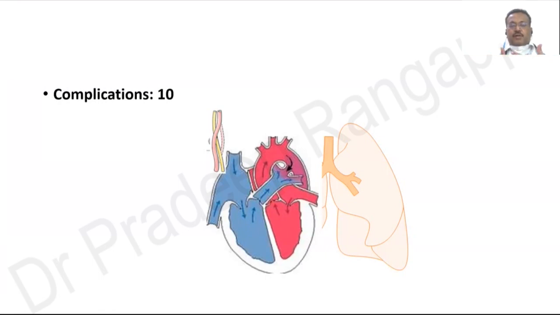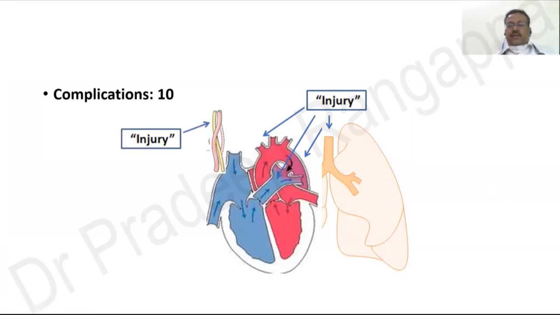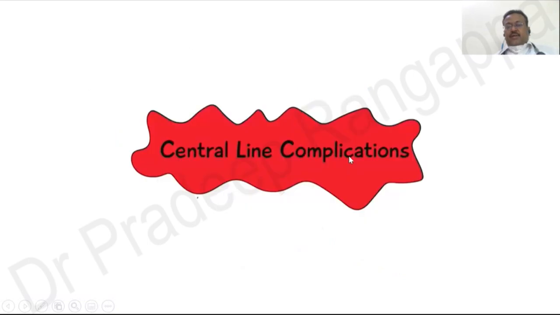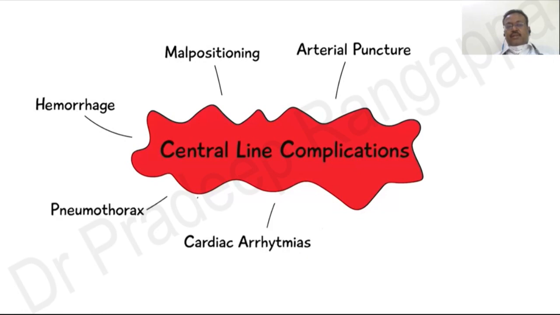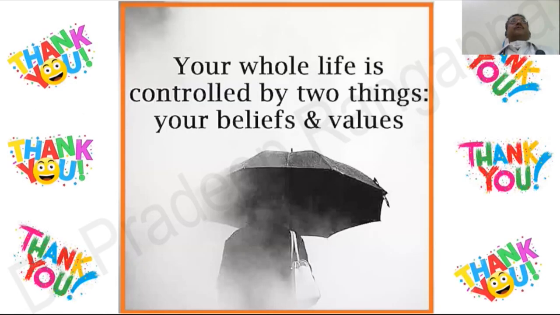So what are the complications? Since we commonly put internal jugular vein, the complication is it can cause injury to any of the proximate structures that you would see. It can cause injury to the airway if you are completely off the landmarks. It can cause injury to the subclavian artery. It can cause injury to the carotid artery, or it can cause injury to the nerves that are present. So any of the nearby structures, there can be injury. And the most dreaded complications are pneumothorax, hemothorax, and chylothorax. And the common complications are malposition of the catheter, arterial puncture, hemorrhage from the site, pneumothorax, cardiac arrhythmias, and thrombosis. So these are the common complications.